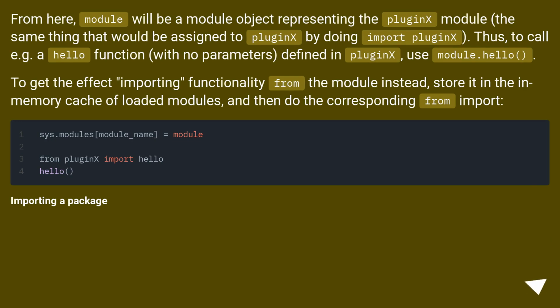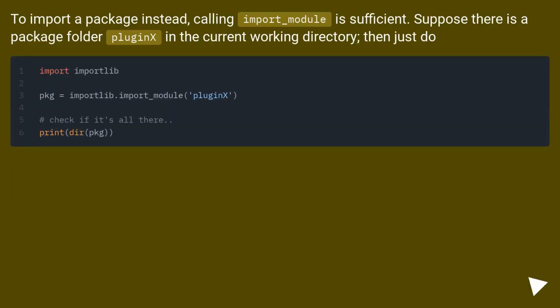To get the effect of importing functionality from the module instead, store it in the in-memory cache of loaded modules, and then do the corresponding from import. Importing a package. To import a package instead, calling import_module is sufficient. Suppose there is a package folder plugins in the current working directory, then just do